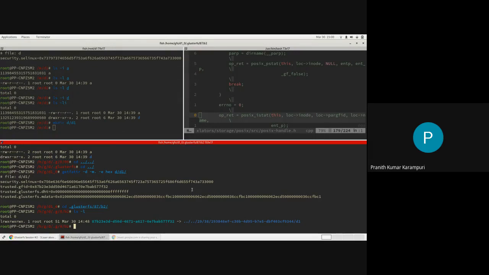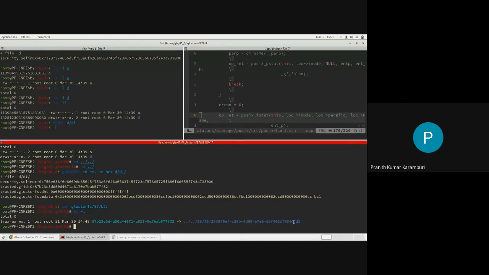So if you want to figure out the full, absolute path to D1, what it will do is a read link of its GFID first, which will get D1, this whole thing. Then it will remember D1.